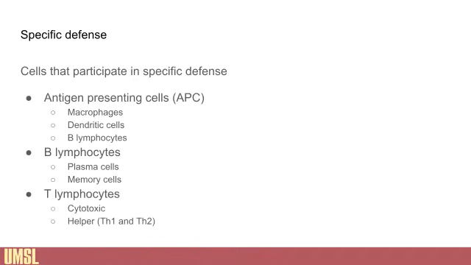We'll talk about B lymphocytes, whether these are plasma B cells or memory B cells, and essentially these are the antibody producers. And T lymphocytes, whether they be cytotoxic or helper. We'll talk about Th1 and Th2, T helper 1 and T helper 2 cells, and cytotoxic T cells here. Both of these lists get much, much longer, much more complicated. One slide I'll show you has another type of T cell that we're not going to talk about